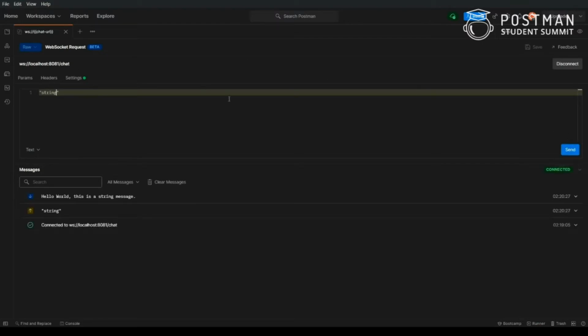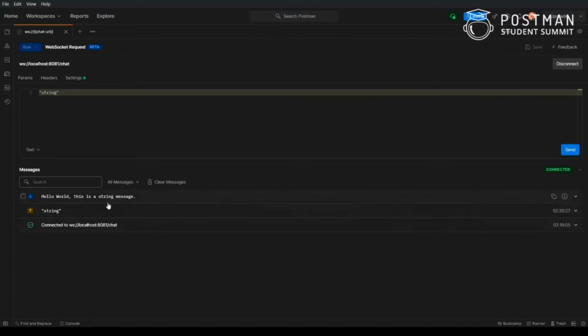As you can see, it automatically parses the response for me, and it shows me the string that the server has sent. Here you can see it shows me the time, and this time is always your local system time, shown in the system time zone, and the format of the time is always that of your system. So that is another feature which you might find helpful. It was important to mention.